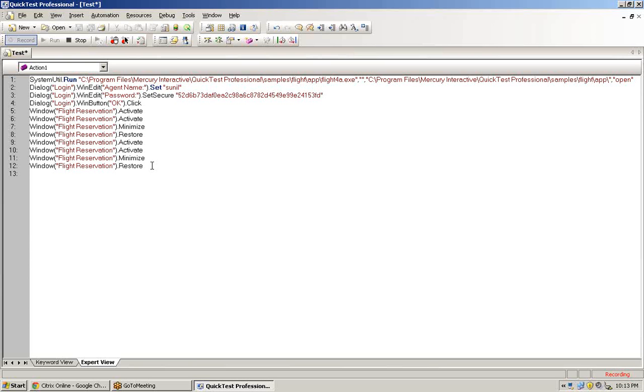So how does QTP find out that there is an issue with this OK button? By seeing properties only. But the GUI properties will be the same, right? Color is not recorded as a GUI property. So in that case, QTP will compare pixel by pixel, and if there is a difference between these two pixels, then it will throw an error.